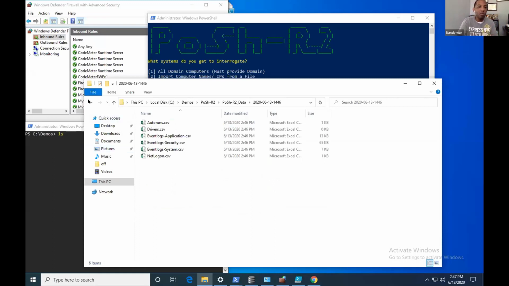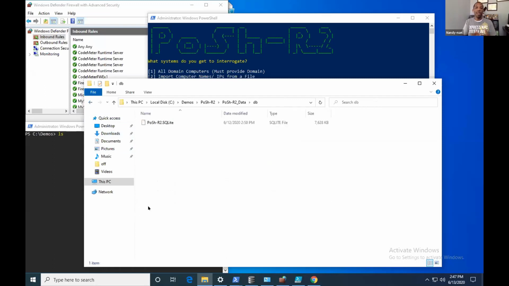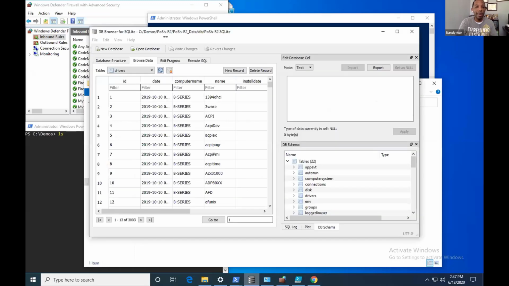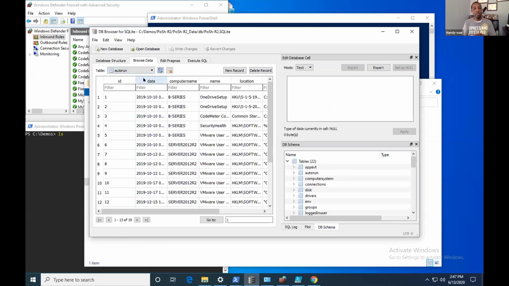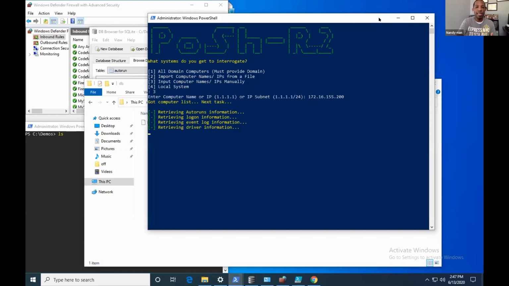And if I don't want to do the CSV thing, well, it also gets added to a SQL database. Right? And within that database, I can link it to some other front end of sorts, or I can come in here and just look at it from a GUI perspective, or do SQL commands from a command line perspective. But I have a few options in how I actually parse and look at that data.